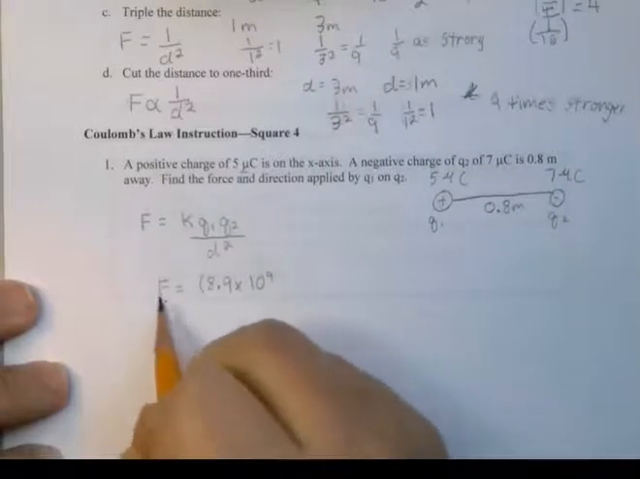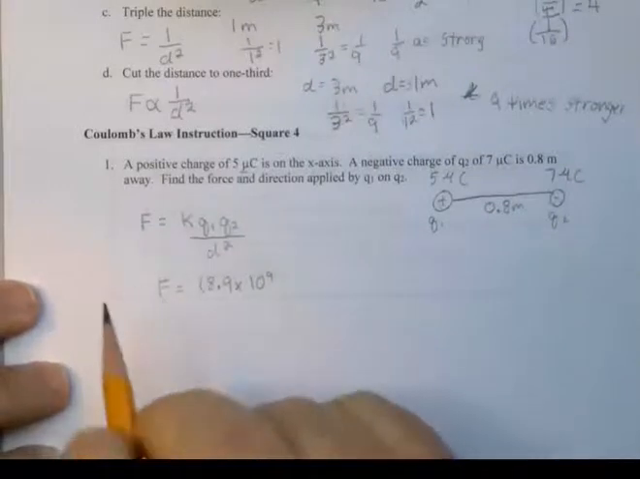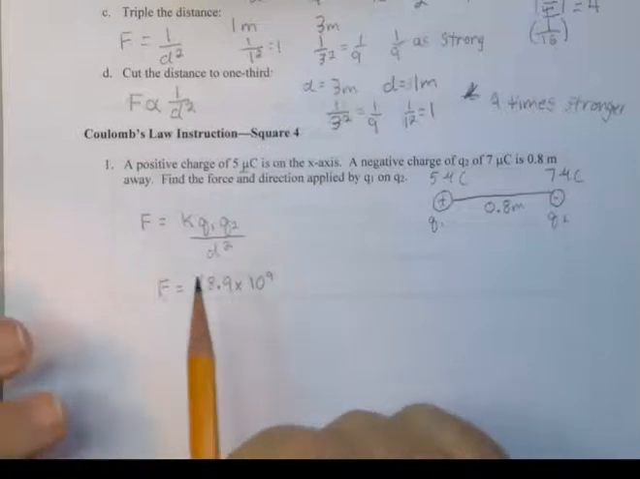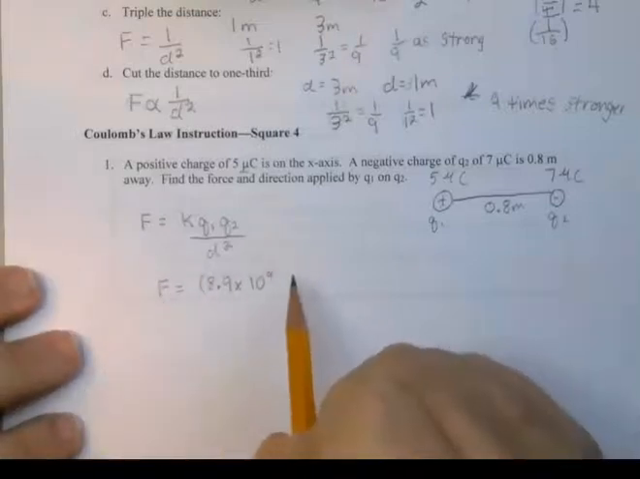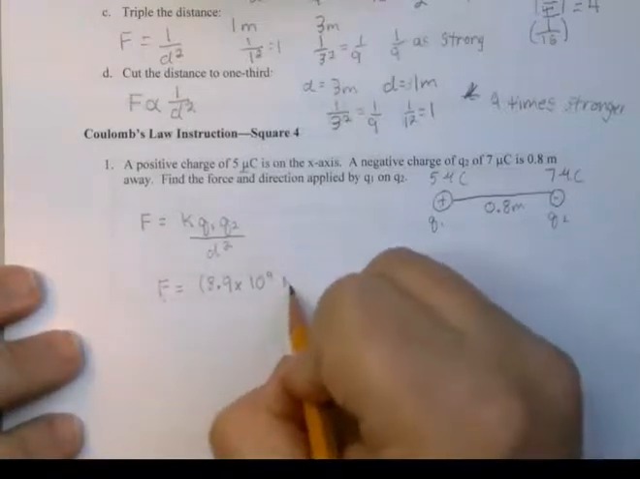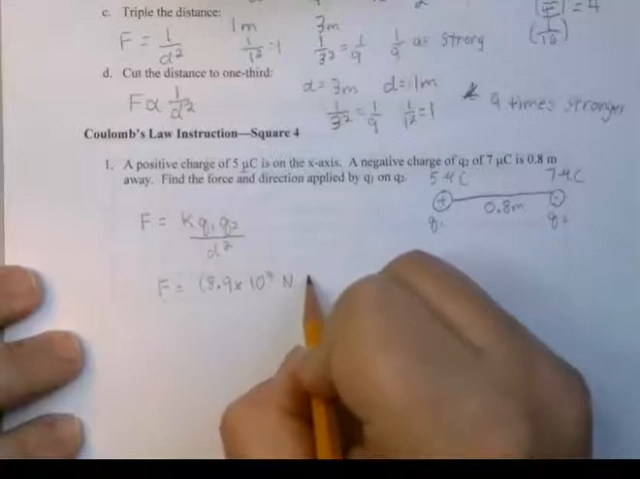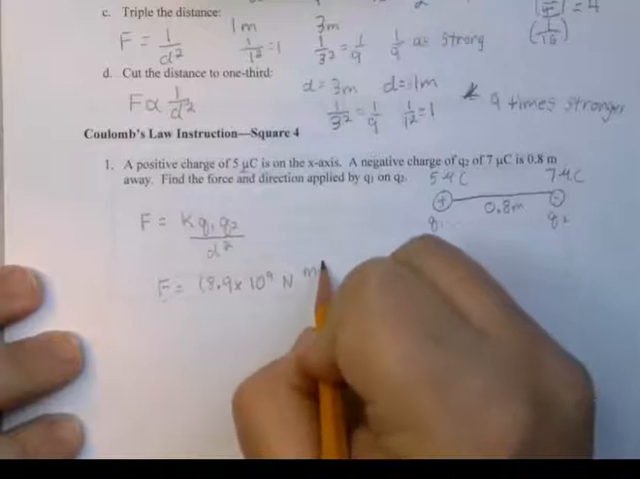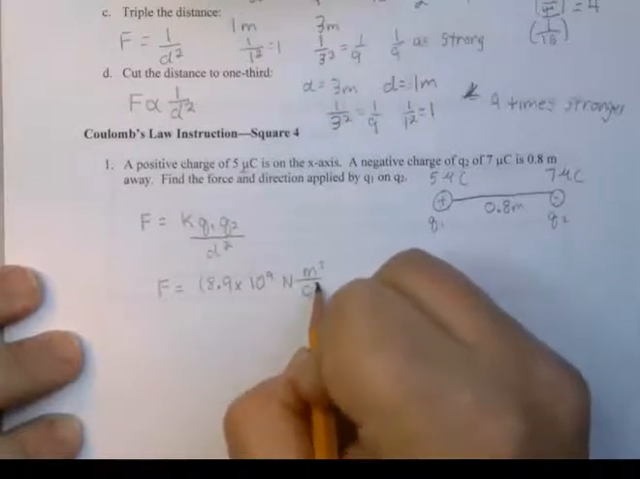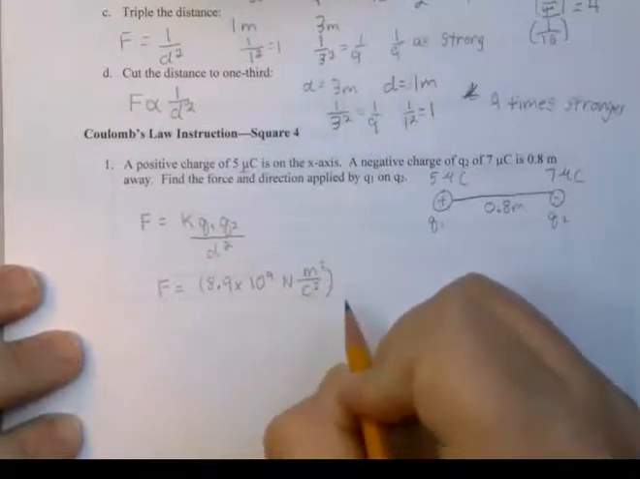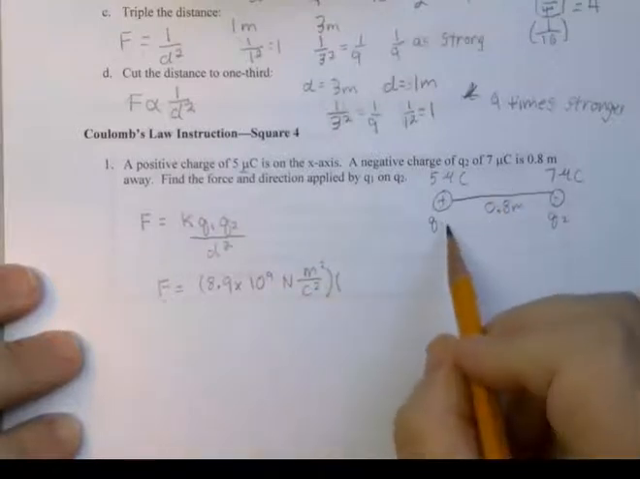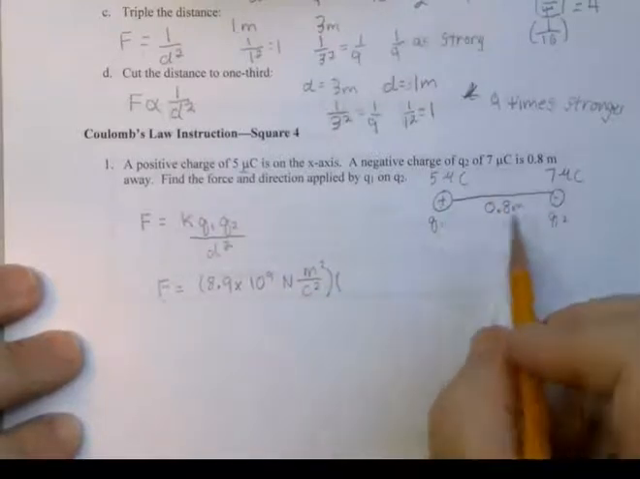Now, its force, it's going to end up in newtons, so you can sometimes be a little lazy when you know what the unit of measure is going to be at the end and not put them down, but I want to go ahead and be proper. So it's newtons, meters squared, over Coulomb squared. Close the parenthesis, and now charge 1, and it doesn't matter what order you put these in